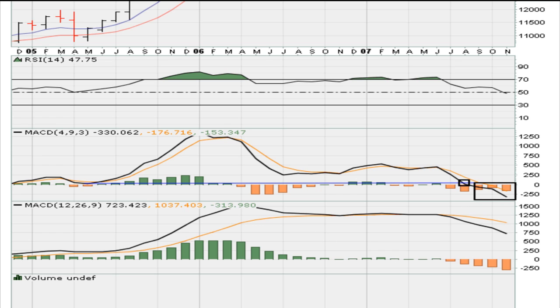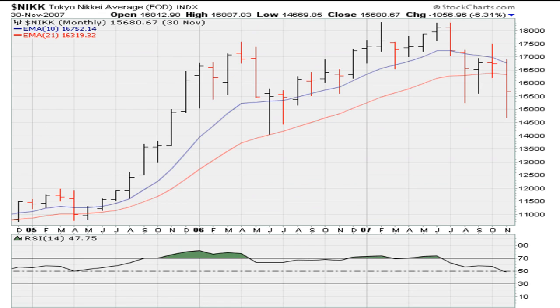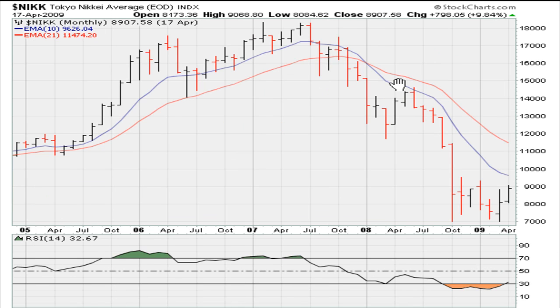Lots of reasons to be concerned in late 2007, and obviously we know that the market did go down in 2008, so that RSI protected you from this level here to get short or sell the market, which was at about 16,000. The Japanese market would go on to trade as low as 7,000. Serious break. There was also another break to 3-year lows somewhere here,